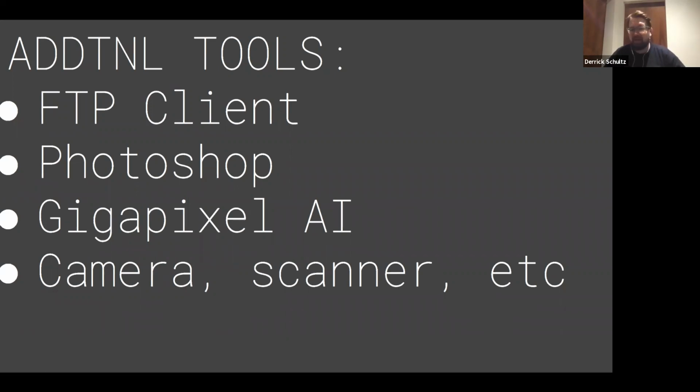An FTP client is really helpful for you to upload files and download files from your Paperspace server. I'll show you how to set that up, but I generally use a thing called Transmit, which is an FTP client you have to pay for. I think it's like $60 as a one-time license. If you want a free version, there's a thing called CyberDuck. That's probably the most popular.